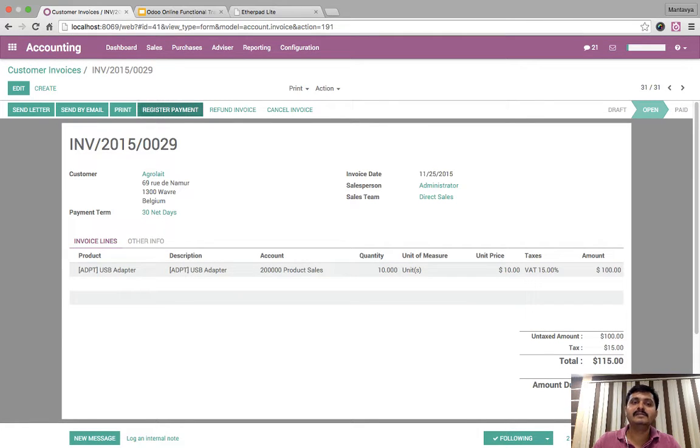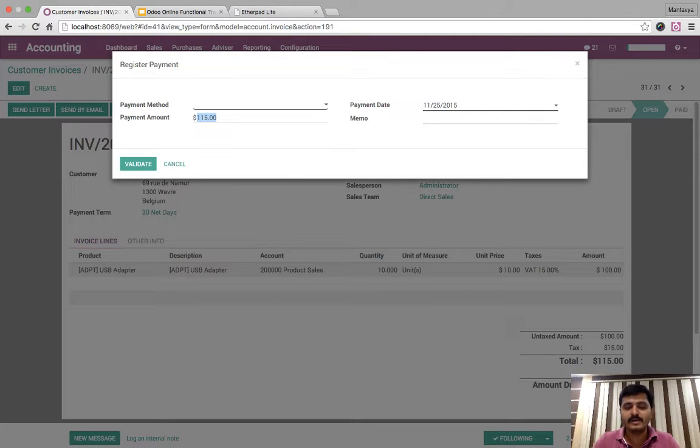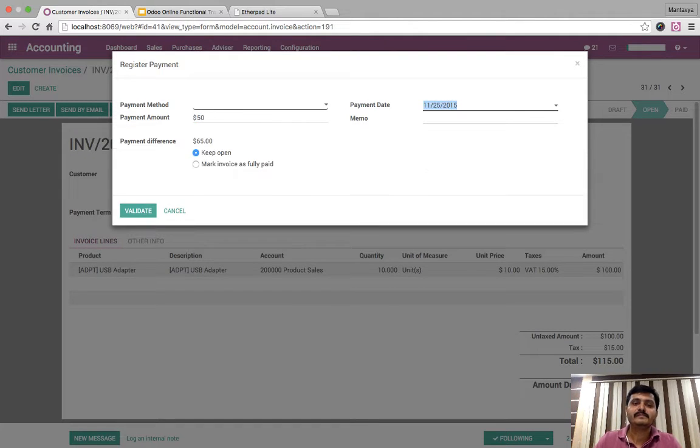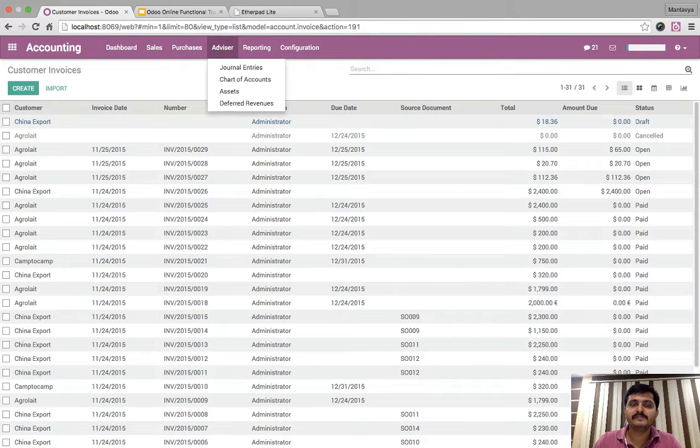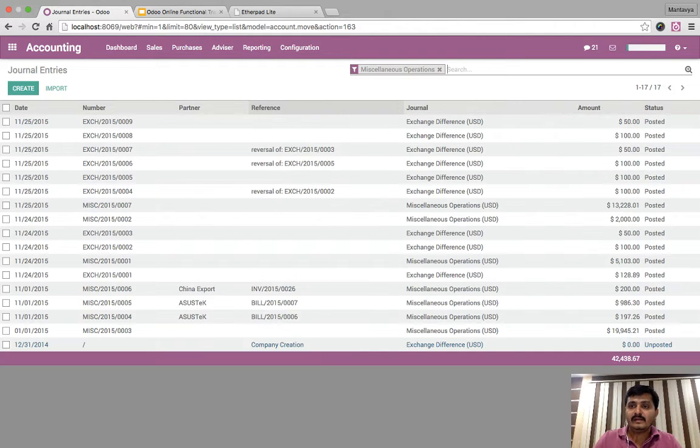And let's say register a payment which is partial, so I will pay only say 50 by cash, and I will keep open the remaining partial payment, and let's say validate. So let's go and check the entries, what we get in terms of journal entries, advisory journal entries, and here we get one